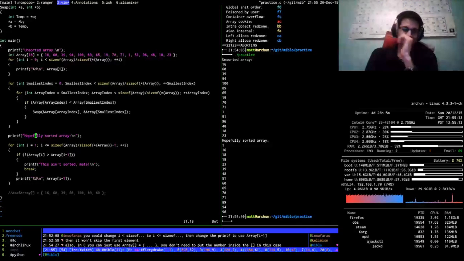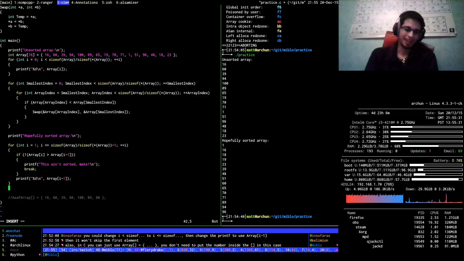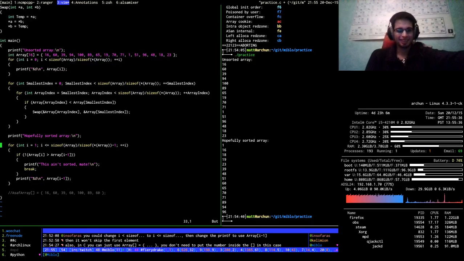Because what I was thinking of, we could just iterate over the array, checking that it's all sorted, and if it is, then we just print it out. Why should I have to do that? Should I just then, after the end of it, no, that's not going to be very sensible.